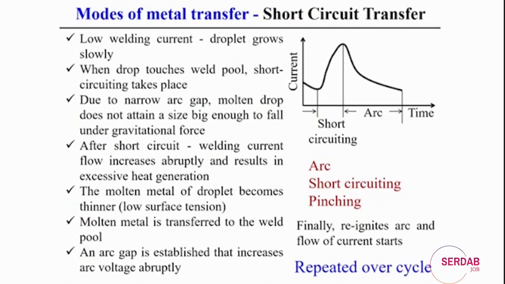high current flow. From the figure we can see the typical current versus time graph during short circuit metal transfer. Initially, when the short circuit is established, we can see a continuous increment of the current until it reaches the peak value, the maximum current value. At that point it reduces the size of the